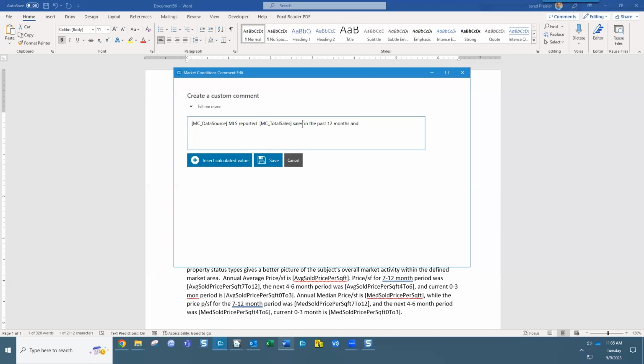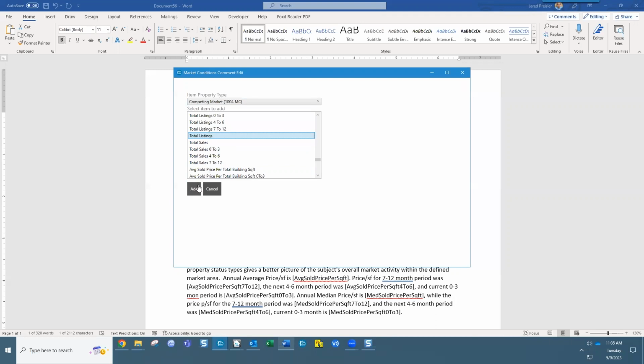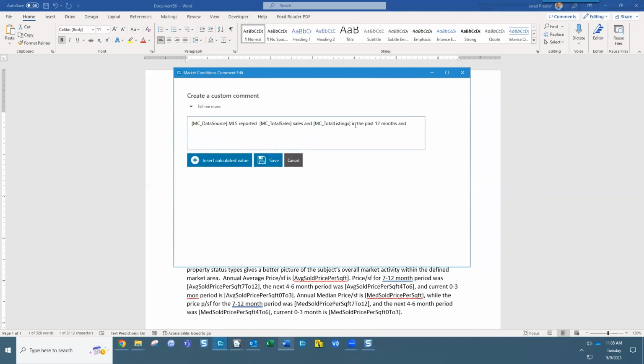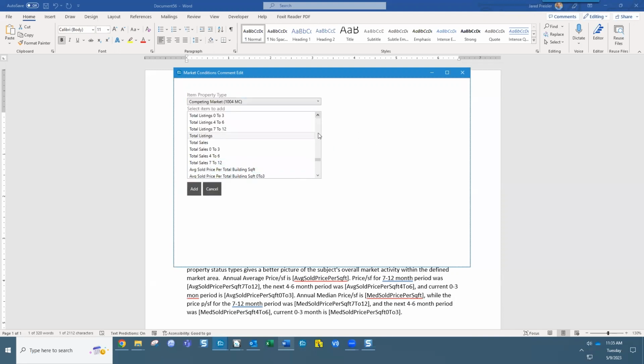And maybe we want to do sales and total listings in the past 12 months. So that's pretty simple. And then we'll say median price per square foot for the past 12 months was, and then we're going to go and find that median